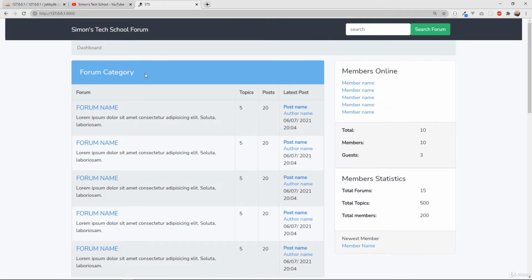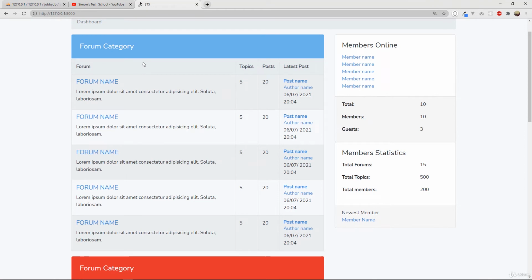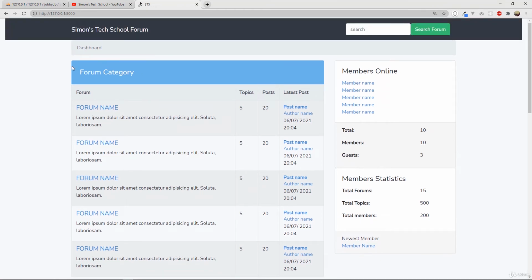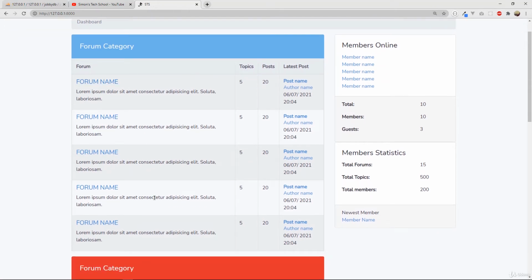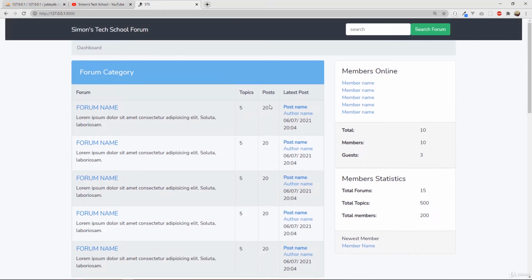Now let's look at the structure of our forum. Each category has forums. Each forum has topics and posts, right? Now, each post has replies and likes also. Now we are at this level where we have created categories. We now need to move to the level of creating